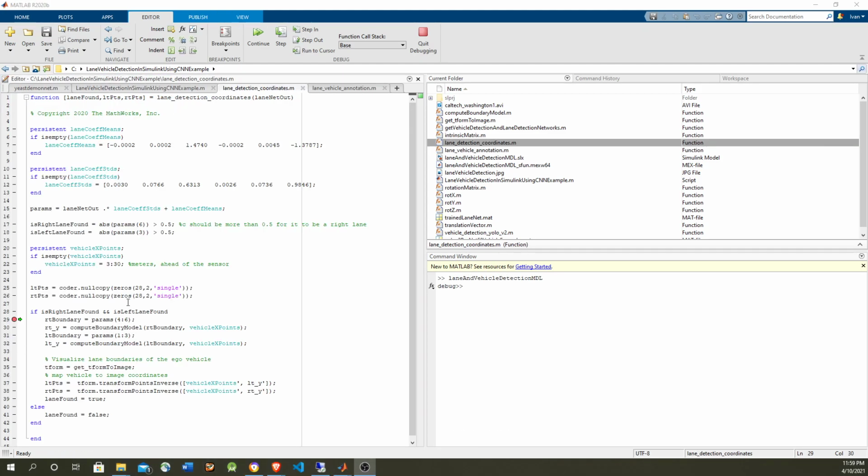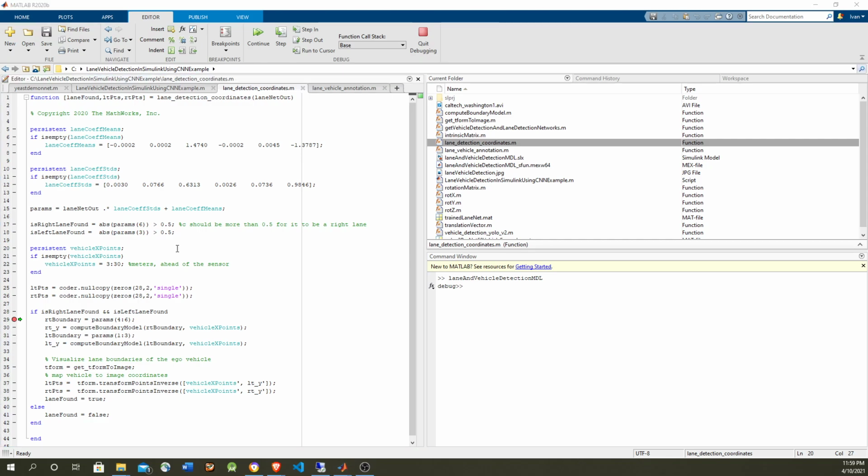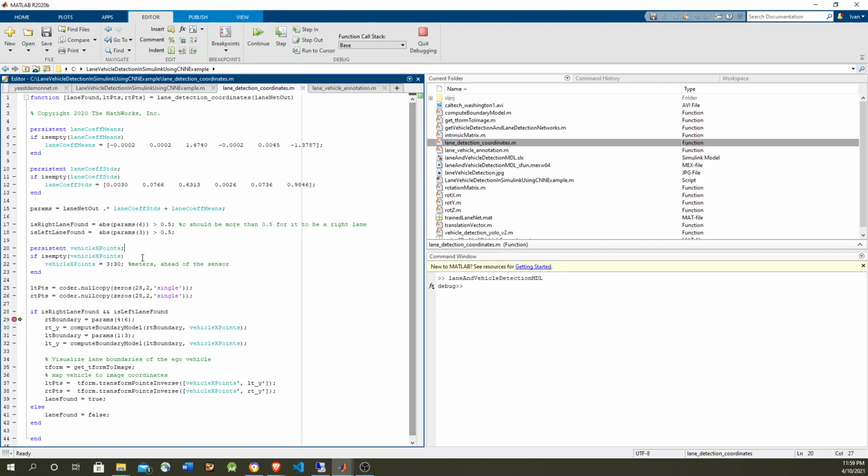Okay, we finally got the left and right lane in the image, so we are able to hit this breakpoint. So we are in here in this place. Okay, so the first thing to do is convert from the polynomial coefficients, evaluate them into actual coordinate